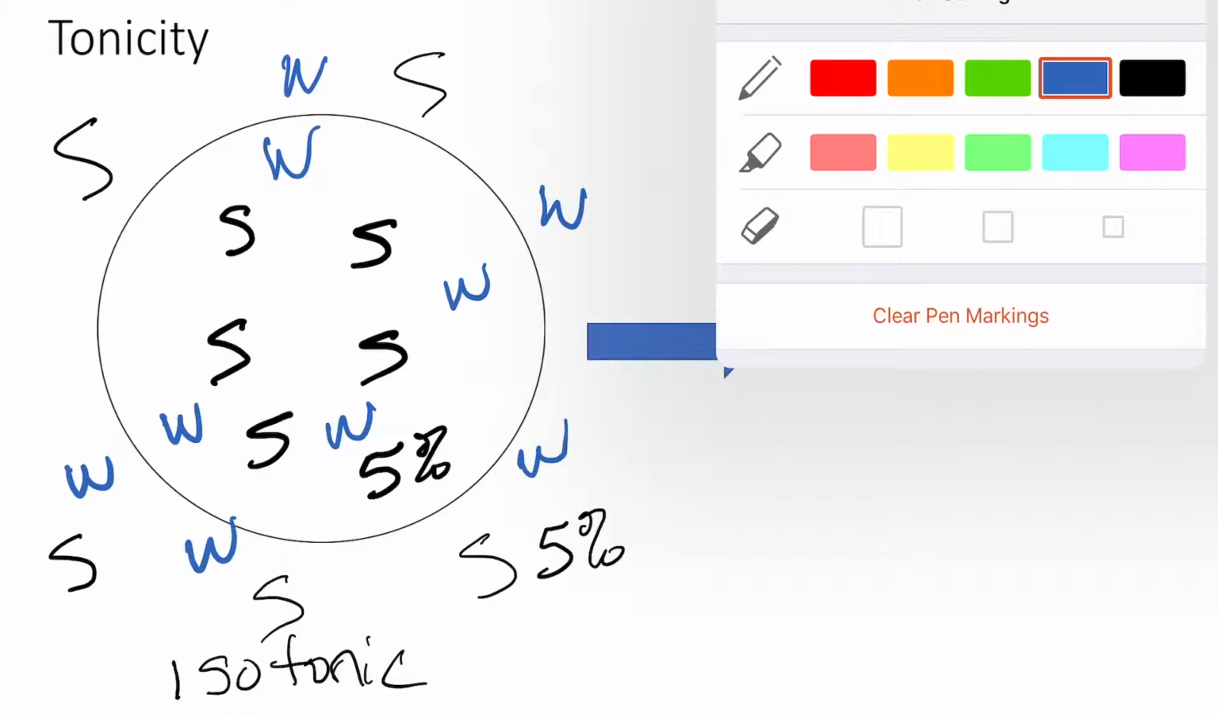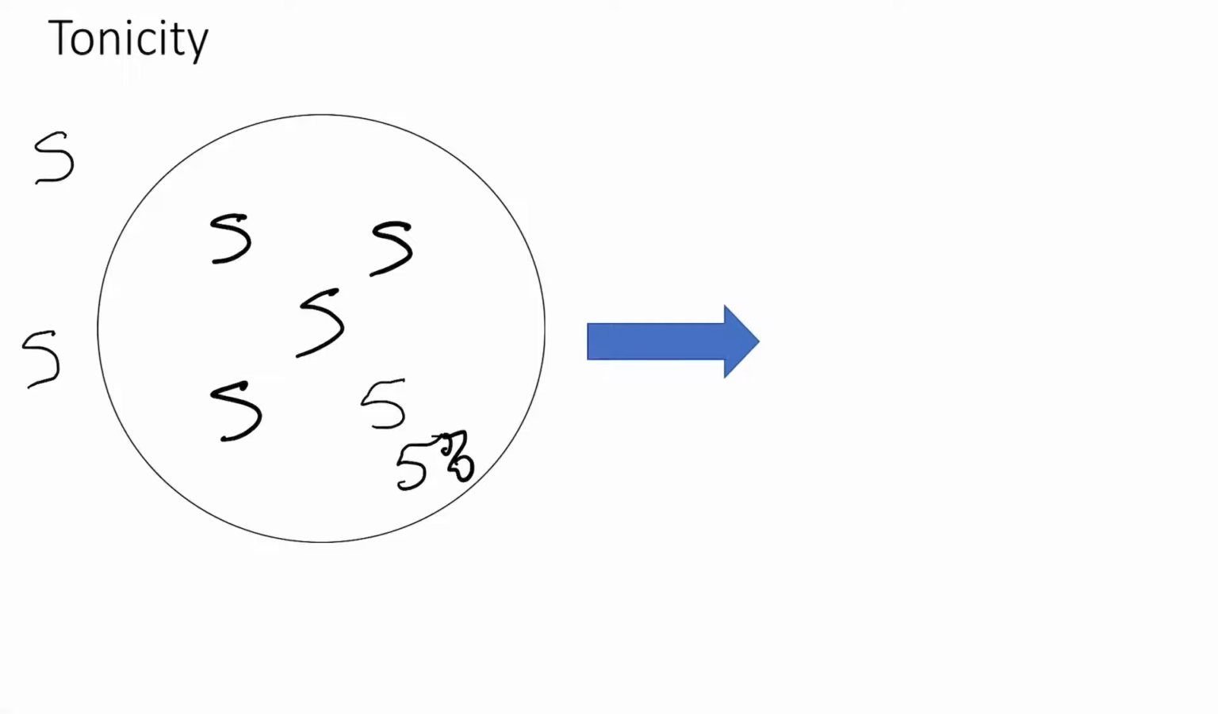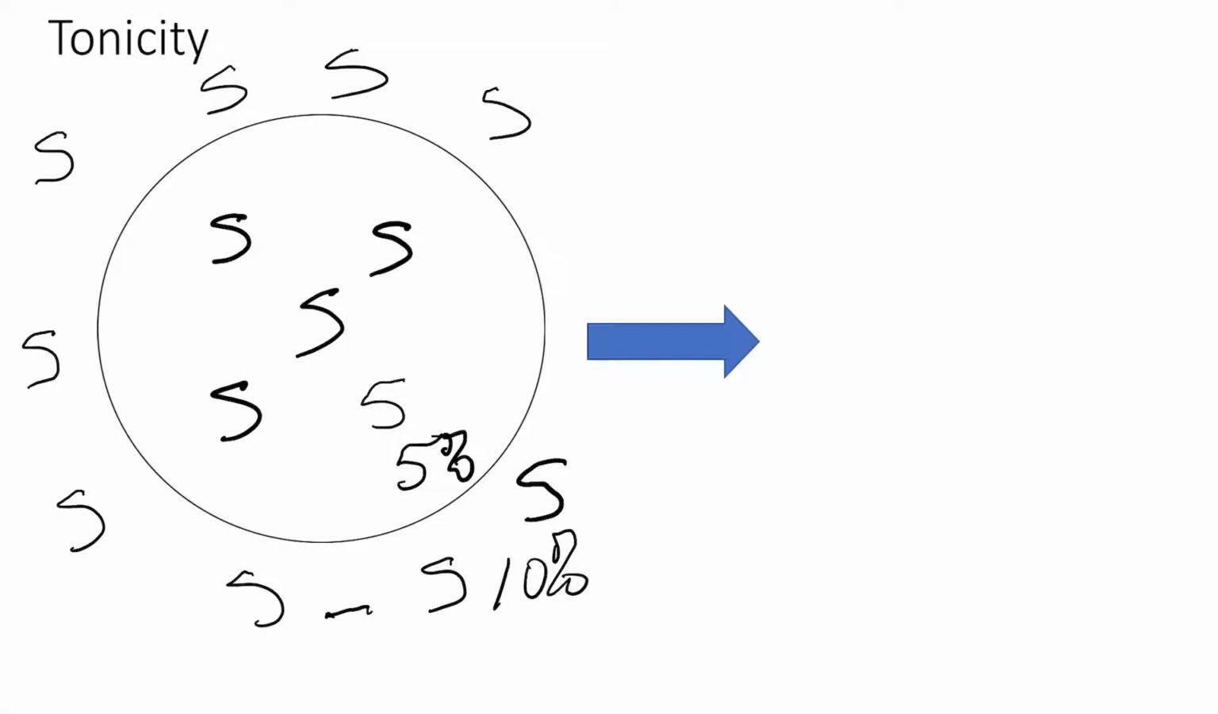So let's talk about a different type of tonicity. What if our solute concentration in the cell was still at 5% salt concentration, but what if we drop the cell in very salty water? If the concentration of salt outside the cell is higher, say 10% versus 5%, then we would call that